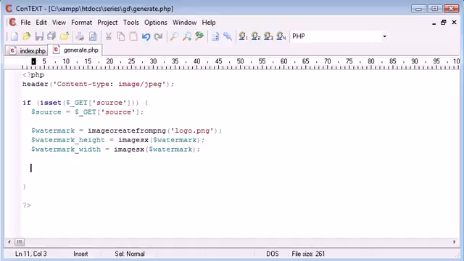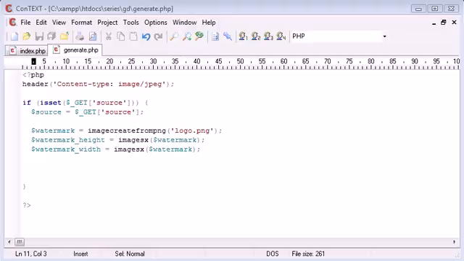Okay, so now we've successfully loaded in the watermark and the watermark height and width from this watermark that we've already created. We've basically here created a new image file in GD, but from this. So we've almost duplicated the file, if you like. Okay, so the next thing to do is set up our canvas. Now we need to set up our canvas